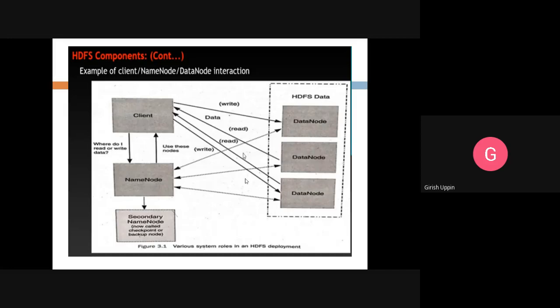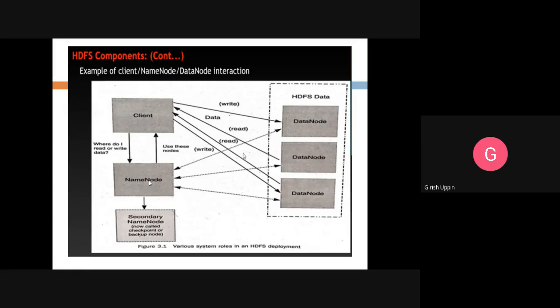If there is any failure during the operation, then it will know which is the alternate node that has that data. It will get that data node information to the client, so that the client can restart whatever operation it is doing. So that is how it will take care of a failure during the read or write operation.